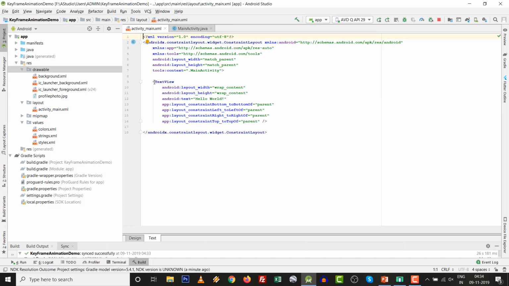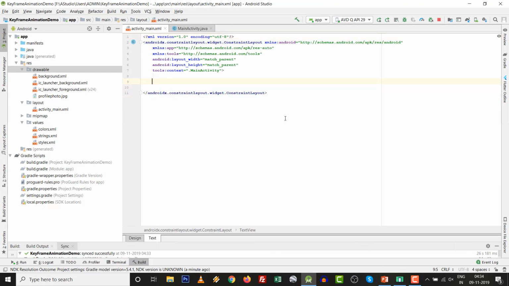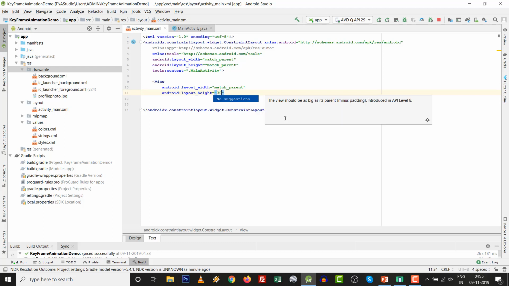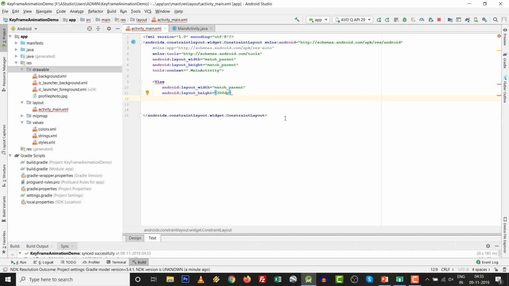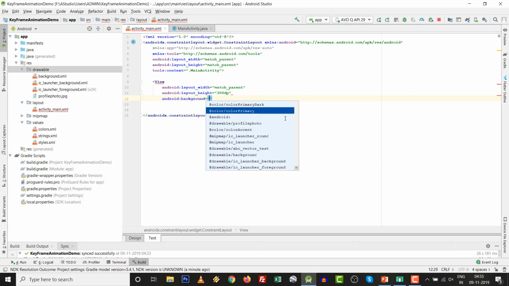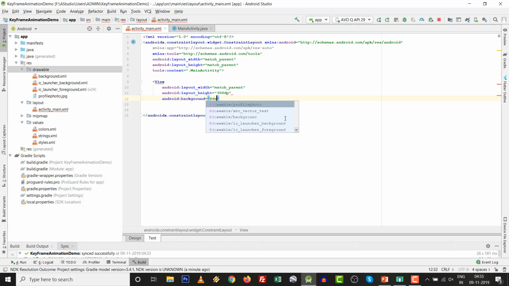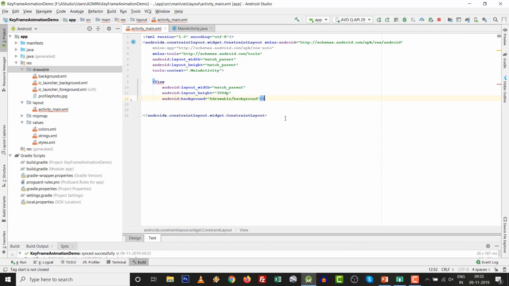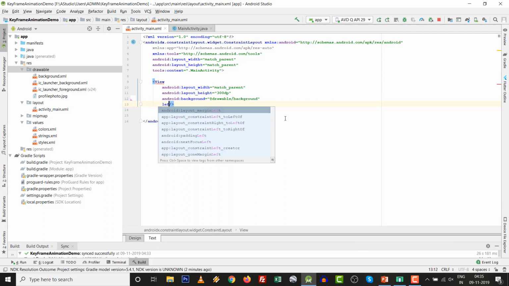So inside the activity_main XML, make sure that your basics of the constraint layout are strong enough to make all those things. So first thing, I make the view, and width will be match parent, and height, now I am going to make it static. You can set whatever you want. Then background will be @drawable, background. We have already set that on our side, and directly you can set left to left